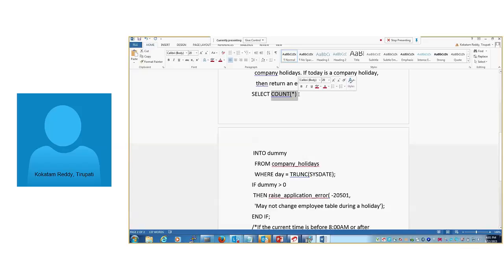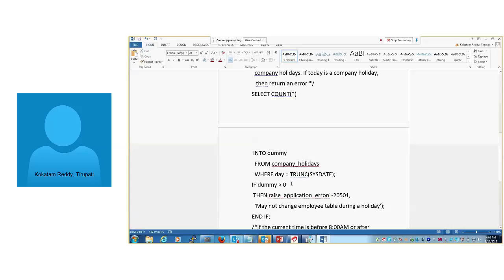SELECT COUNT(*) INTO dummy FROM company holidays WHERE day is equal to SYSDATE, meaning today's date. If today's date is a company holiday, that count will come into dummy.